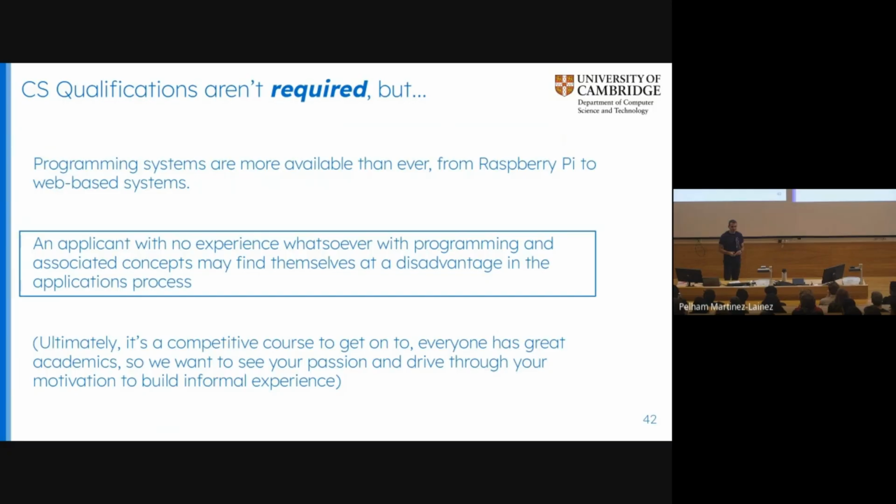20 years ago, maybe even 15 years ago, that was relatively normal because people didn't have access to the systems, didn't have a computer necessarily of their own to do this stuff. Now we've got Raspberry Pis, we've got schools doing it, it's everywhere. So to come and say, I have never done any programming is weird.